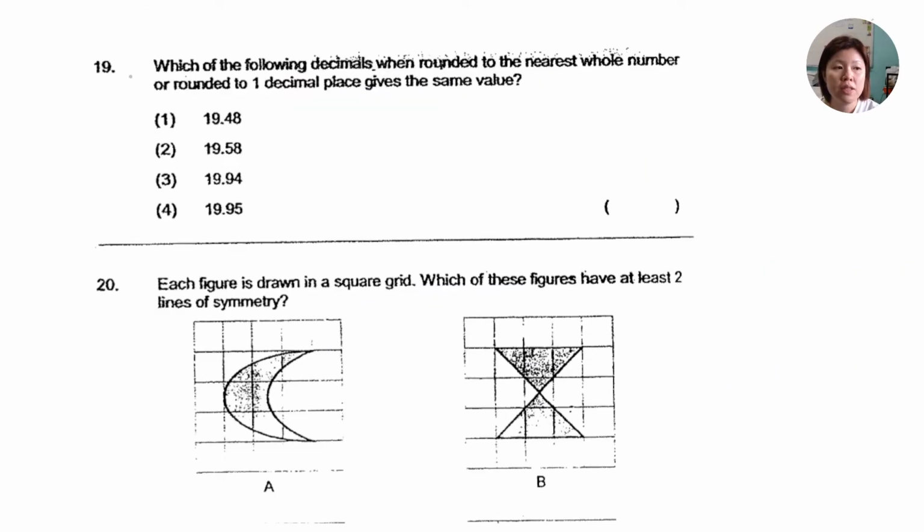Okay, next question is on decimal again. It's rounding off. So they want to round off to the nearest whole number. Okay, let me highlight whole number. Okay, or one decimal place will give you the same value. So we must round off into two. One is whole number and the other one is one decimal place. So there are four numbers here. So let's try